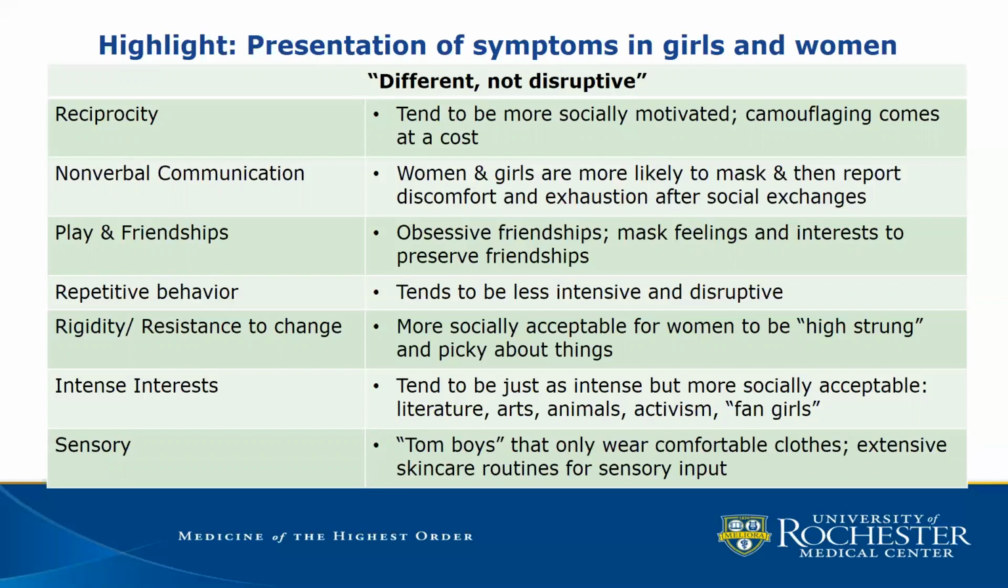And so girls and women with autism are often described as different, but not disruptive. A lot of times when we're young, those disruptive behaviors are what's going to be the big red flag that waves and gets a diagnosis early. And this is where a lot of young women and girls get diagnosed later in life, because they're different, but they're not disruptive. So they do tend to be much more socially motivated, and they camouflage or wear a mask